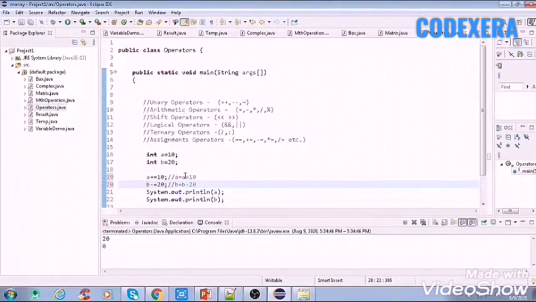So the value of A is 10, so 10 plus 10 is 20, and the value of B is 20, so 20 minus 20 is 0. So this is the way we can use assignment operators in Java.